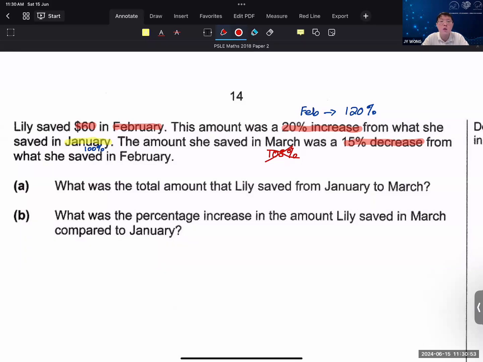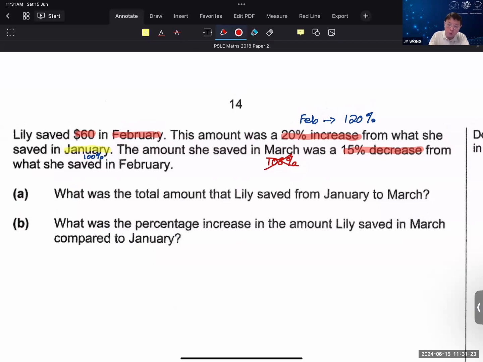It's just like I cannot tell you 100% of $50 is the same as 75% of $200. No what? One is 100%, one is 75%. Are you going to tell me the 100% is more than the 75%? No, 75% of $200 is more than 100% of $50. You cannot directly take the percentage and compare like that when they have different denominators. In other words, they're referring to different quantities. In a percentage comparison,